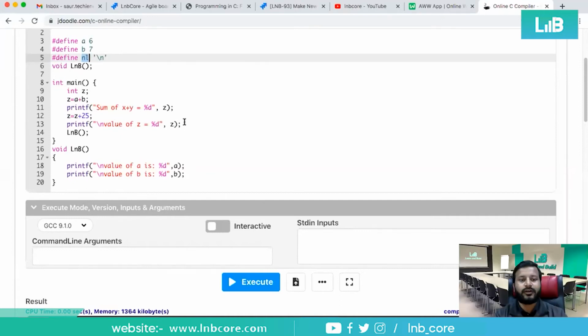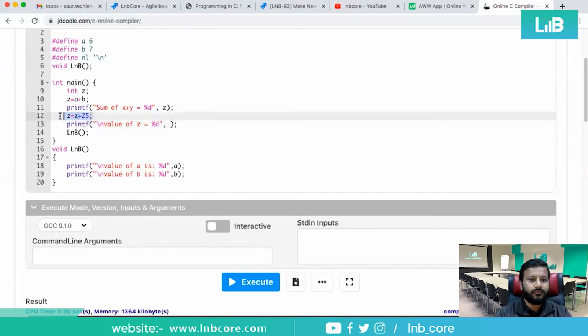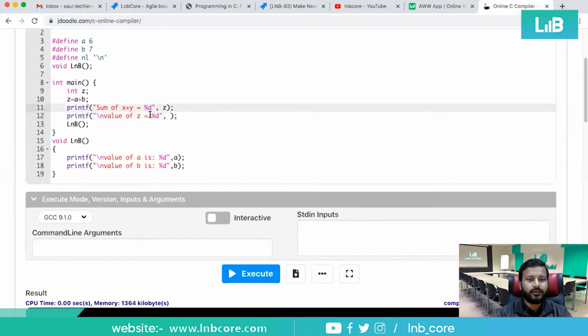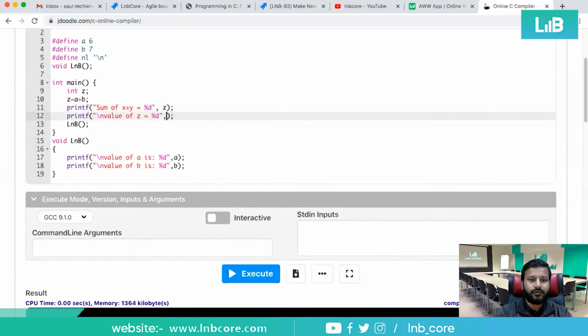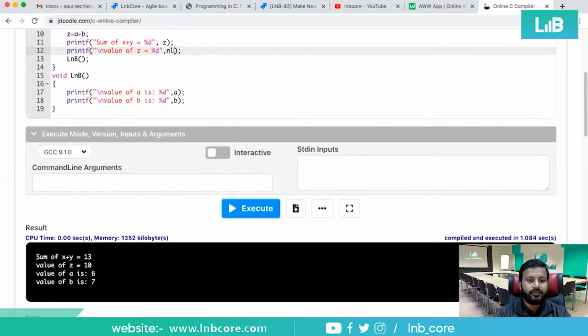Yeah, so suppose instead of Z, I would use here, let me remove this as well. Instead of this, I would use NL, right? And then LNB will be printed. Let us check this. So the value of Z is 10.